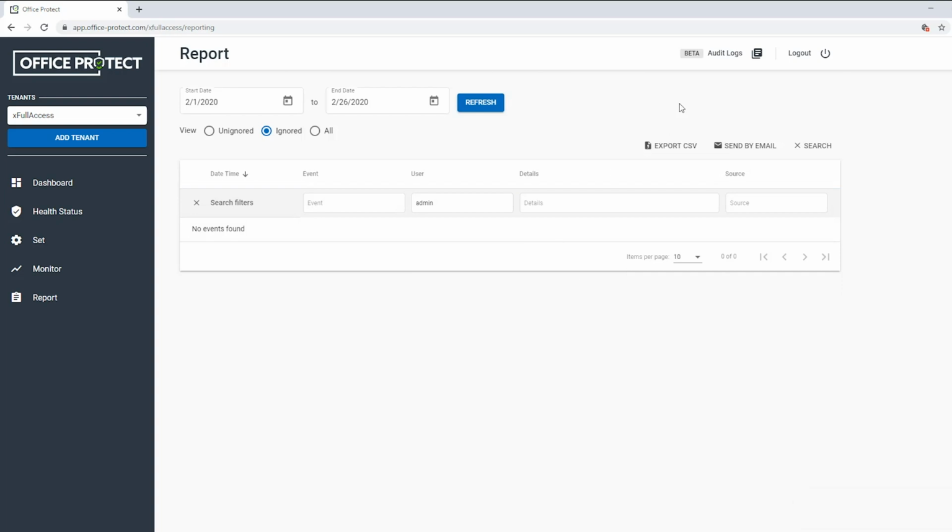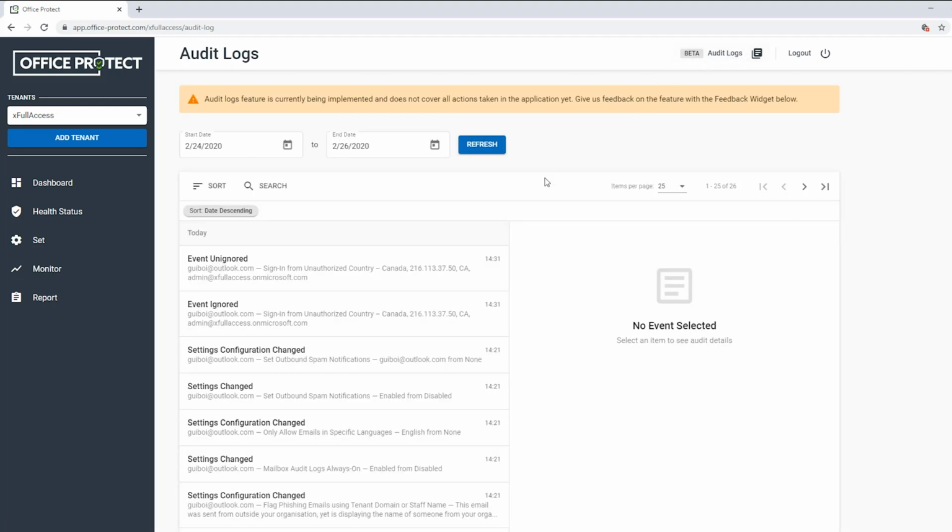One last point of interest, the audit logs. Containing this audit logs is every single change performed by Office Protect. So if anybody comes to Office Protect and takes some actions to change configuration or what is monitored or what triggers alerts, it will show up here in our audit logs. It is a basic security feature and allows you to have the peace of mind to know who has made modifications.